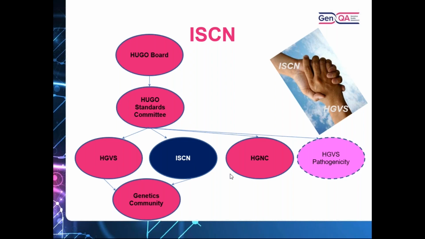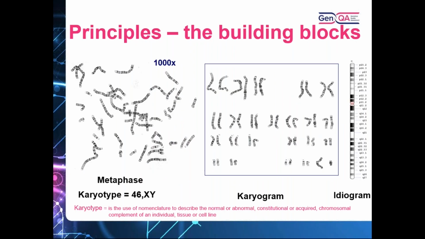So hopefully what will happen in the future is we won't get one group making decisions that affect the other. And that certainly happened recently in the fusion genes, and now there's going to be a new publication coming out shortly in Nature Genetics. So the principles are that if you have a karyotype, you'd have a metaphase, and you'd